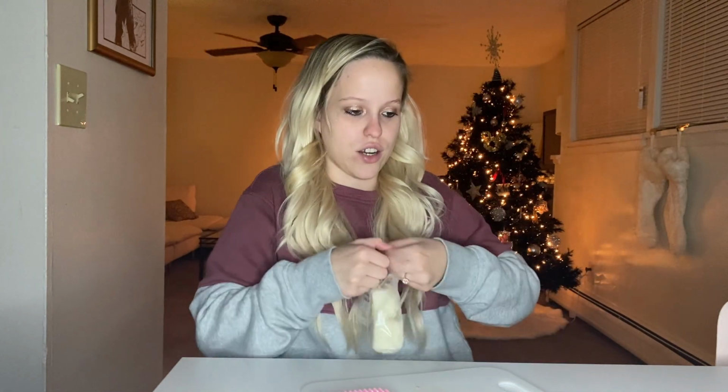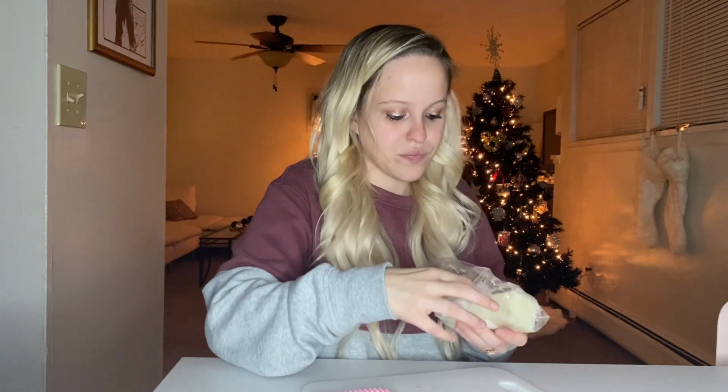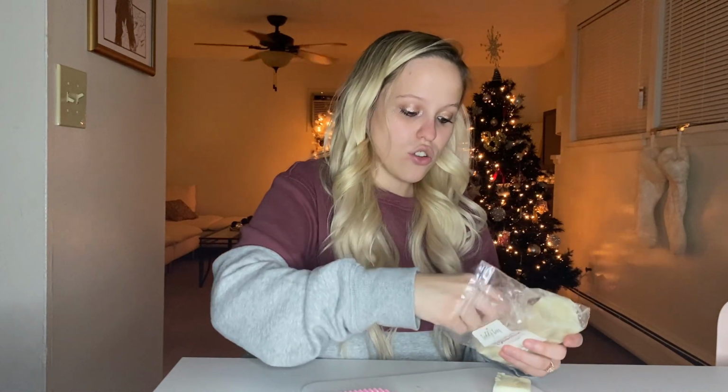Am I a seasonal or a mood melter? I am a seasonal melter through and through, like I said. I almost started going into this one. I said I grabbed my fruity scents, but I held off because I figured it would probably be a question. I am 100% a seasonal melter. This one is milk, cookies, and zucchini bread, which is our milk and cookies blended with zucchini bread. I actually just requested for them to pour more of this. It's so good. Like I said, my fall drawer is now empty because I made it my mission to melt everything in my ready to melt fall drawer before